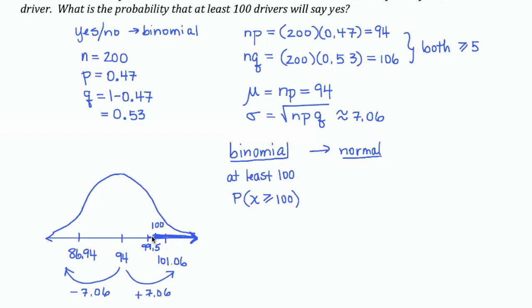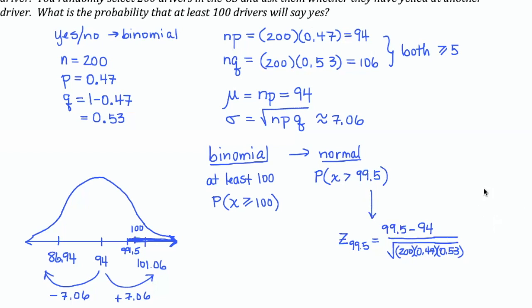Anything bigger than 99.5 would round to 100. So my equivalent normal distribution probability is x can be anything bigger than 99.5. Now I want to find the z-score that corresponds to 99.5. So I take that score minus the mean, which is 94, divided by the standard deviation. And again, you're going to want to go back to the square root of n times p times q. And you'll get a z-score of approximately